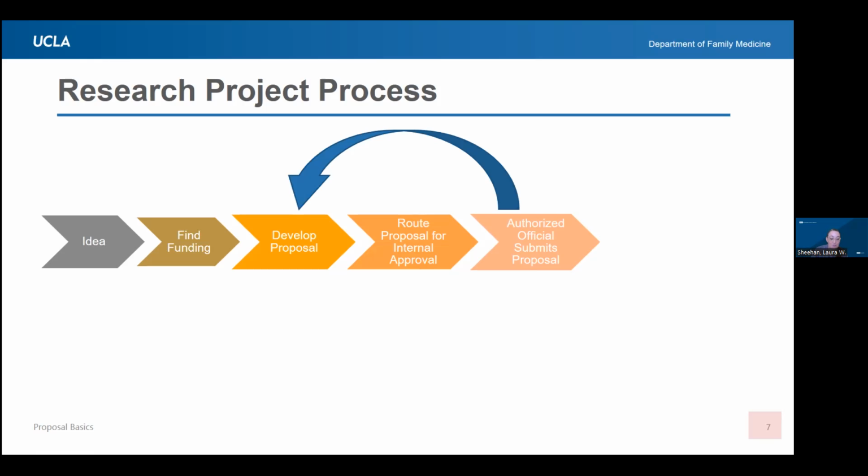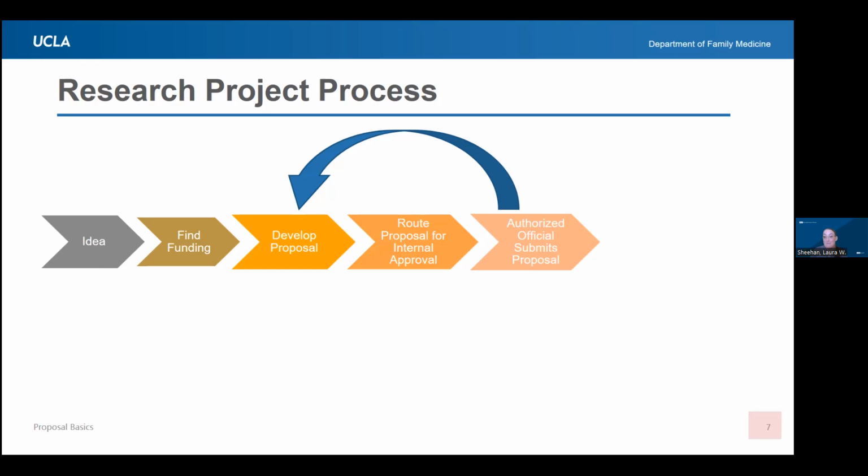This is going to allow you to rewrite, and you don't have to go back to the idea phase. You don't have to look for another funding opportunity. You know exactly what to fix for this opportunity. So the next time you can resubmit and hopefully get it funded. If, however, their critiques are just not doable, it's not a good match, then yes, go back to the idea phase, find a different funder and move on from there.